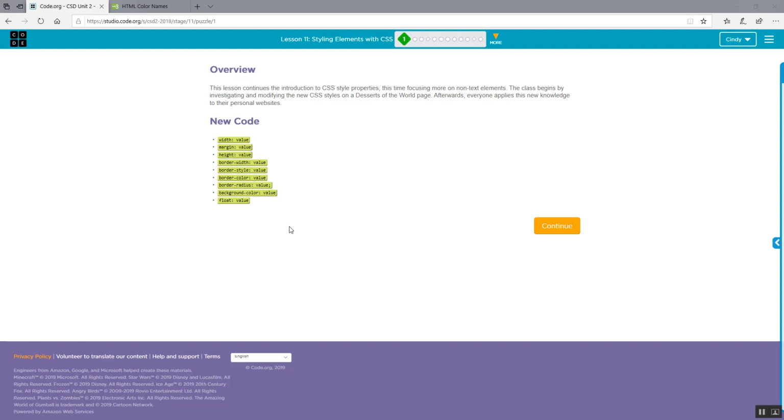Now in the previous lesson we worked through the introduction to CSS where we changed our font colors, font sizes, background colors. So what we're going to be doing now is not really text related. We're going to be changing the width and the height of our images. We're going to change margin, padding, border width. We're going to do style, border color, border radius, background color. We've already done a little bit with that. And then we're going to use the float